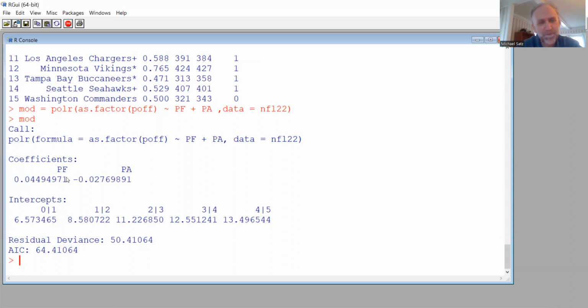Then it adds them together. And then it says, if you want the probability that you're at 0, use this intercept. If you want the probability you're at 1, use this intercept. Probability you're at 2, use this, 3, etc. And so you've gotten 5 separate models all at once here.